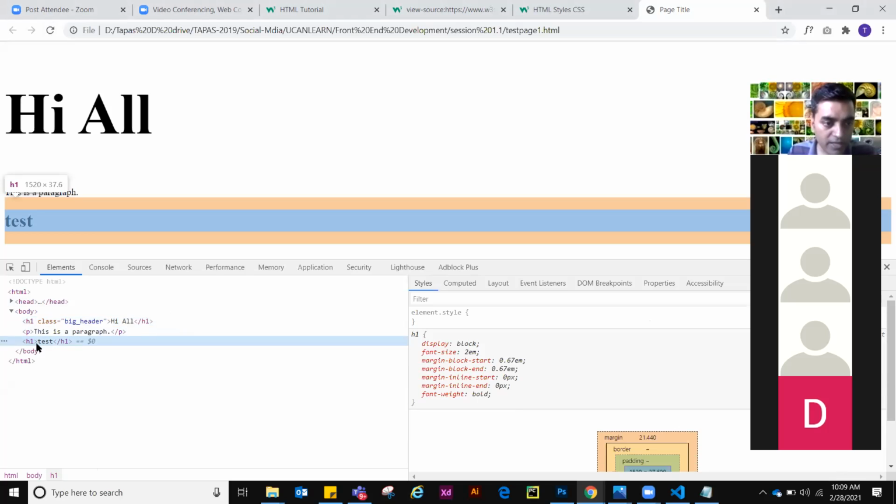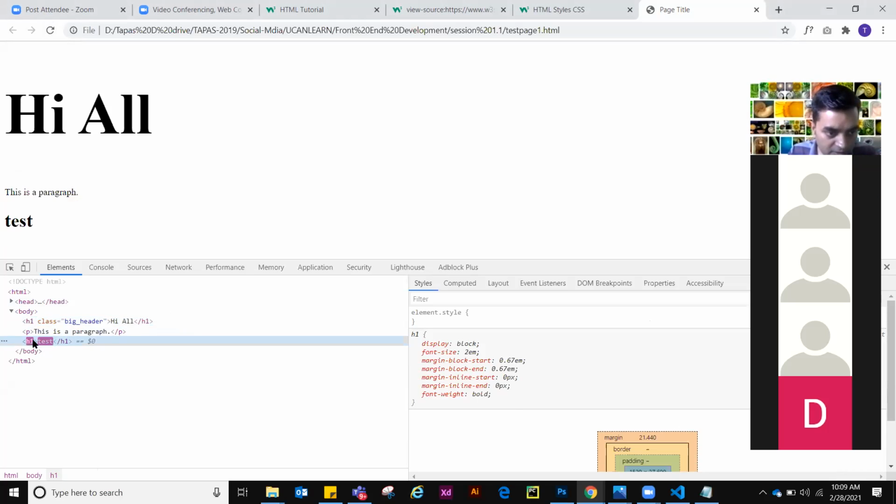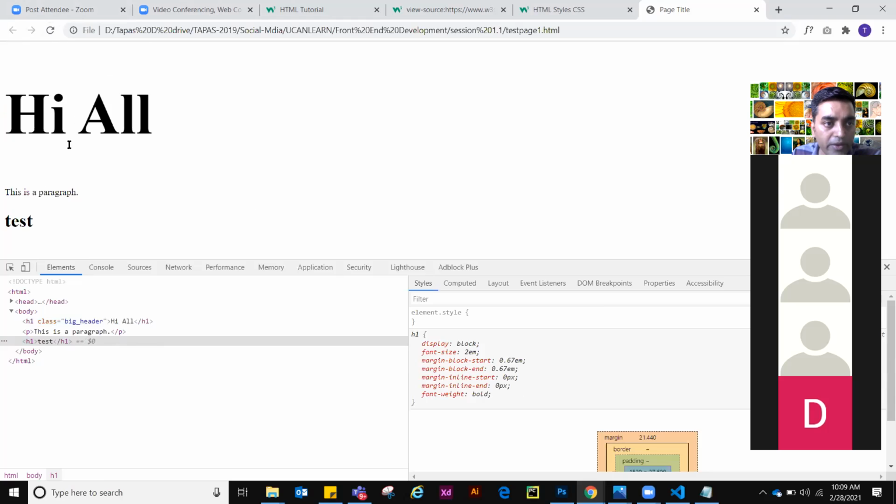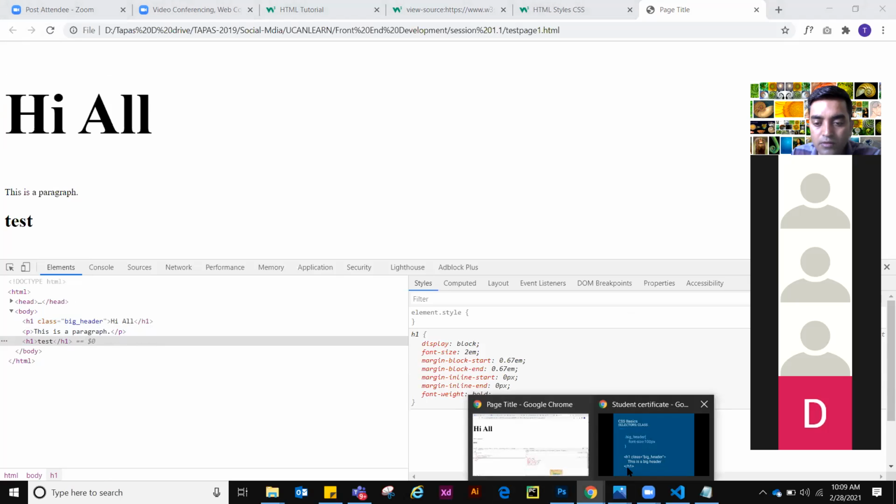Okay, so if you go to text like this and paste it. Now see, it has also been changed, right? But when you refresh, it will go away, right? So this is the class selector.